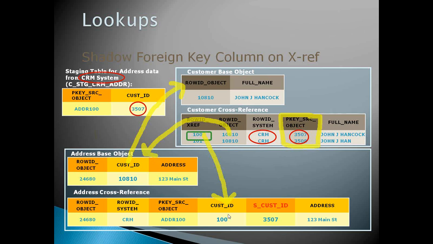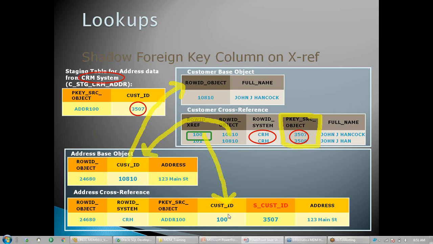I think those naming conventions for those row IDs make it more confusing, because they all look the same. Instead of saying it's a customer row ID or an address row ID, it says just row ID object, and it makes it very generic. Yes, because the row ID object will be there in both the tables, and you don't know which one it is for.